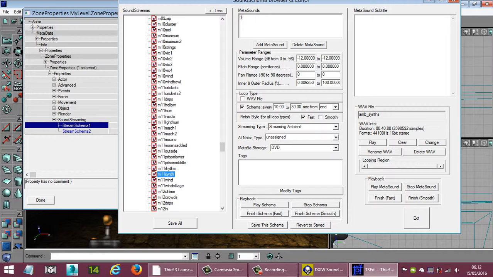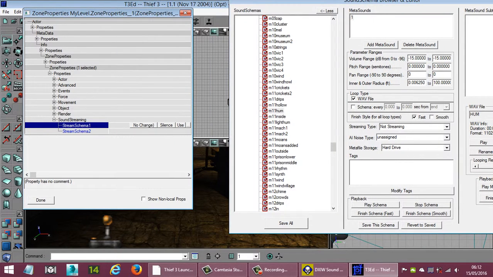this function is not available, and you see none here of the underworld files. Now we can play, but I repeat, because I have extracted all the WAV files and put them in the sound folder. So now we have